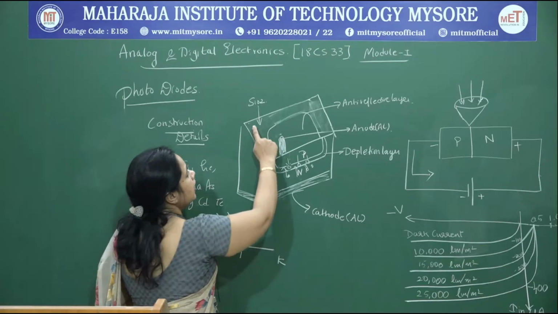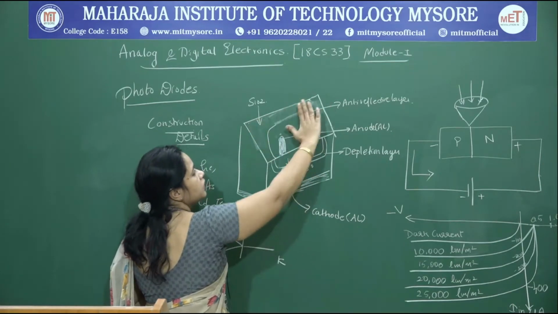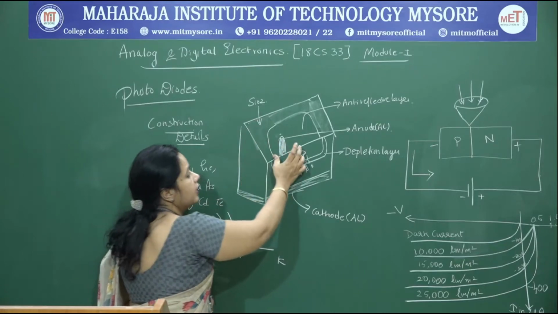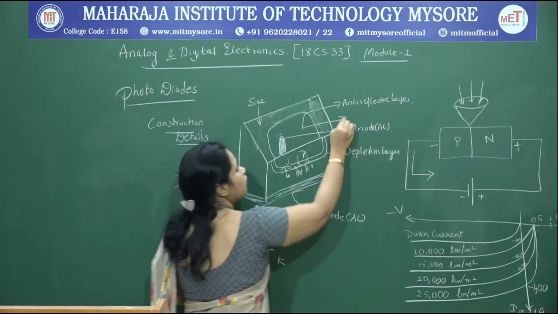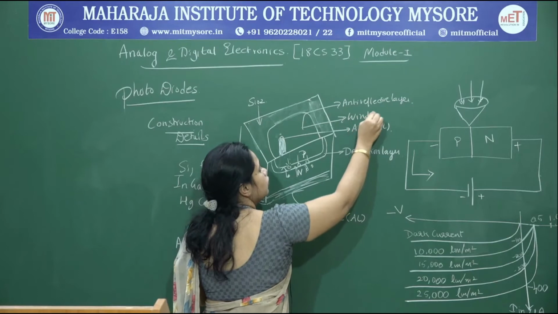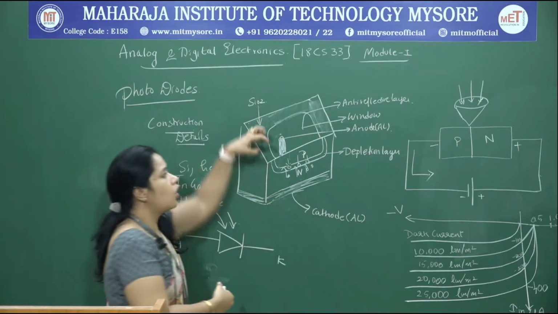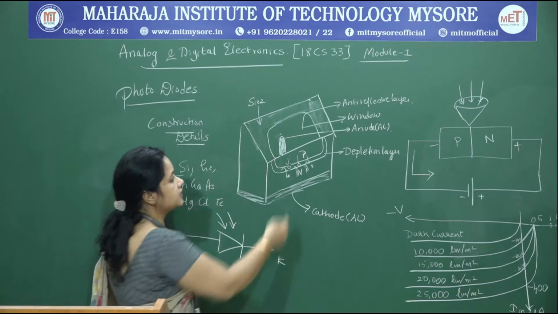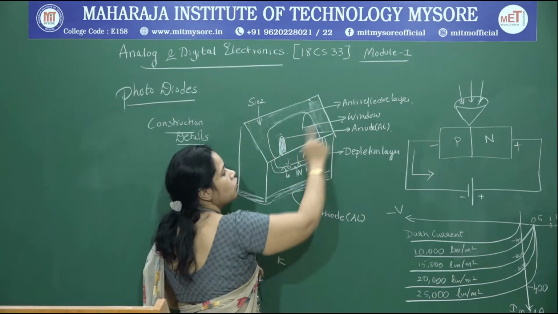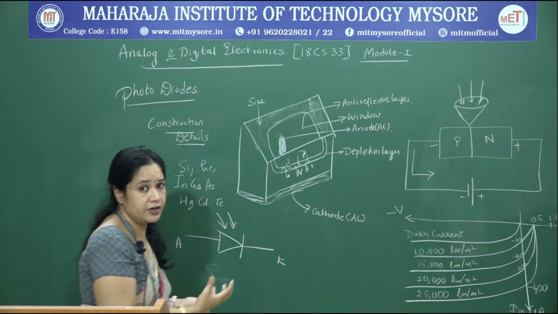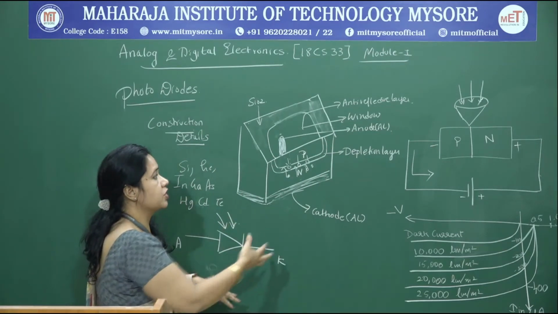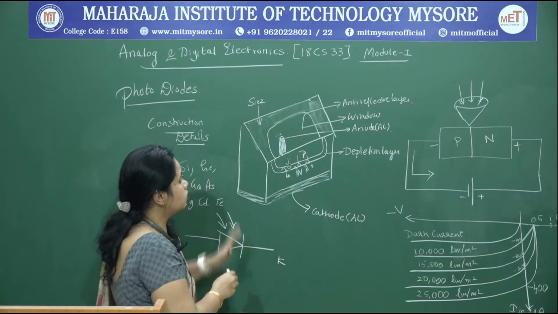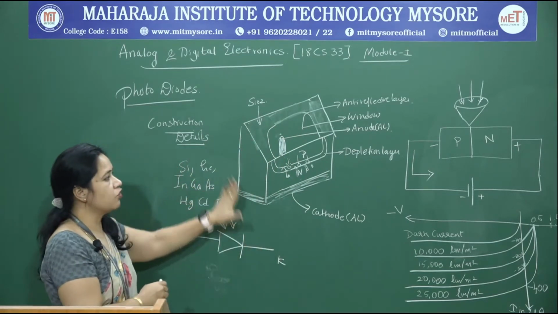And you can see the top surface of the junction is coated with silicon dioxide, and we have a special window provided here. This window allows the light intensity to fall on the PN junction, and it is usually coated with an anti-reflective layer which prevents reflection and allows the light to be absorbed into the PN junction. So this is basically the construction of your photodiode.